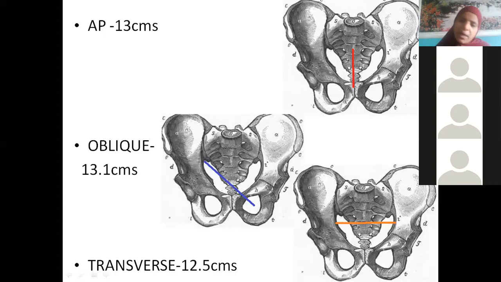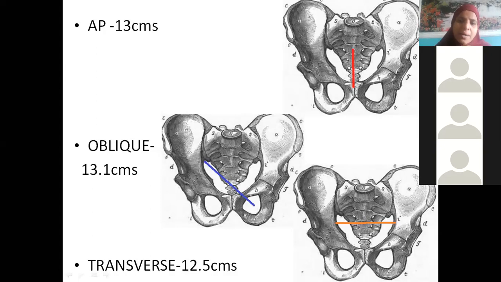Greater pelvis. Now let us see the dimensions of the lesser pelvis. First, we are taking the antero-posterior diameter. Initially, with the greater pelvis, you started from the sacral promontory to the pubic symphysis, isn't it? Now you have come to the lesser pelvis, that is the true pelvis. So are you coming to the center of this sacrum bone? S1, S2, S3, isn't it?